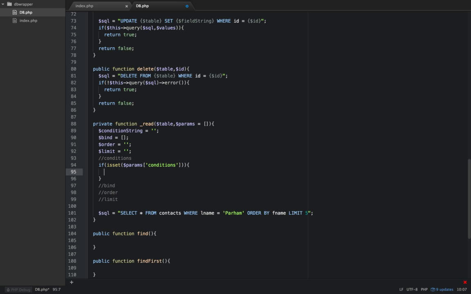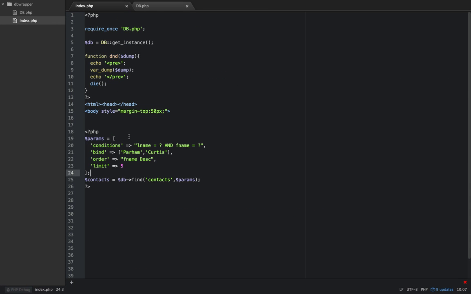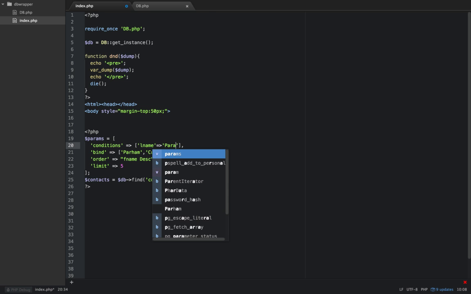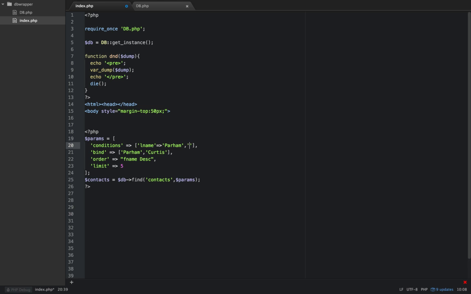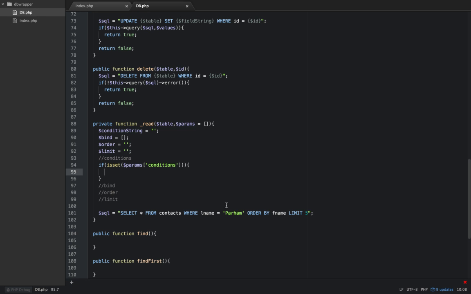All right, then we need to know. I also want to be able to do, instead of passing this, I also want to be able to pass in an array. So I want to be able to do something like this: L name, or even, you know, fill it out if you want, if it's not user input, F name. So I want to be able to do that as well as just writing the string, so we need to know if it's an array. So we'll say if is array